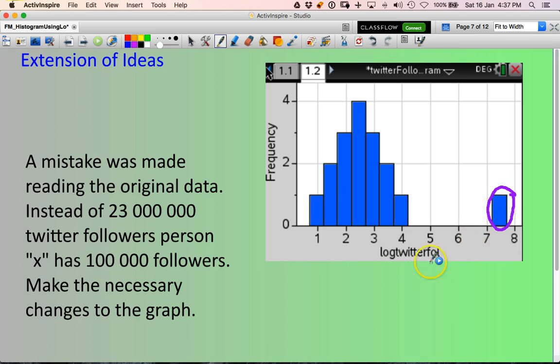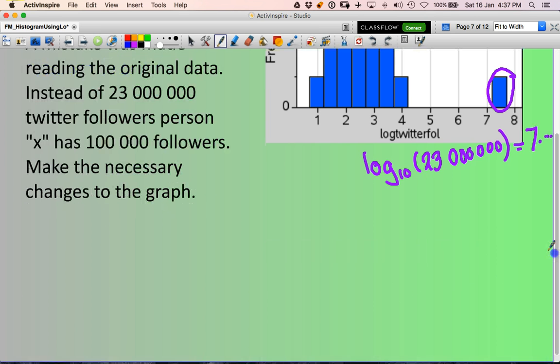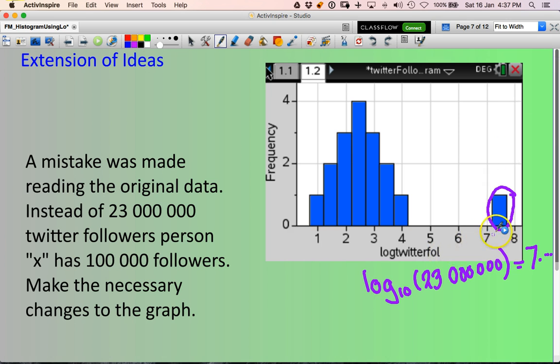Well, if you wanted to be sure, you could, on your calculator, take log to the base 10 of 23 million. And you'll notice that would equal 7 point a little bit there. Now, so that would need to go,